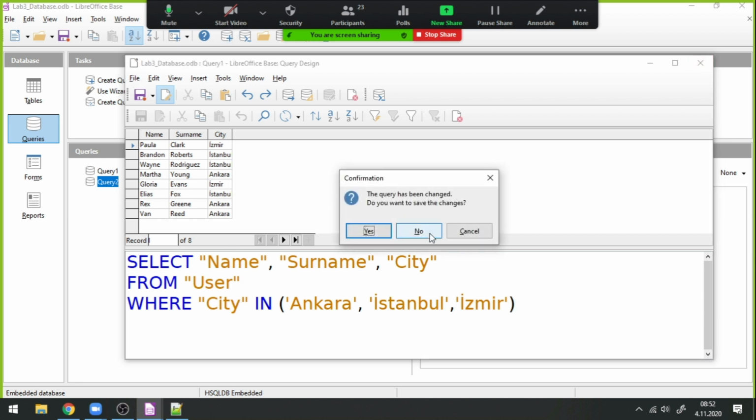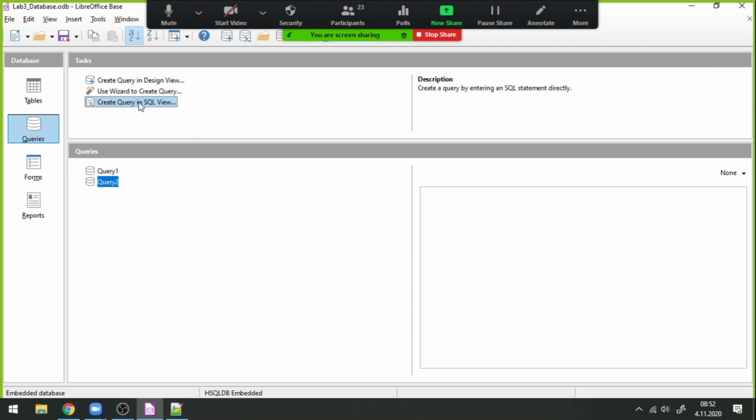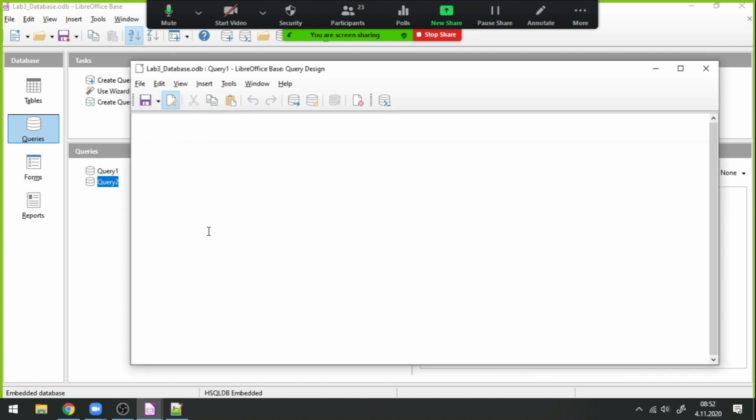Let's do another one. So this time we would like to find name and surname of the users without a city record. So sometimes in your database, some attributes could allow null values. And in this case, we are allowing null values for city. Actually, other than the primary key in these tables, we allow null values for all of the attributes. So we would like to this time find the name, surname, and city